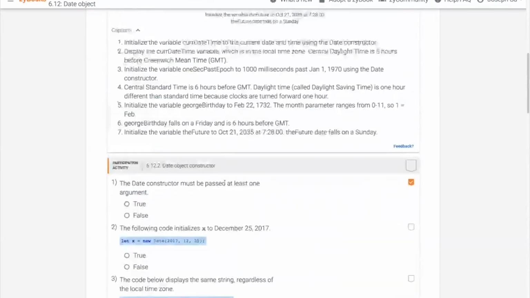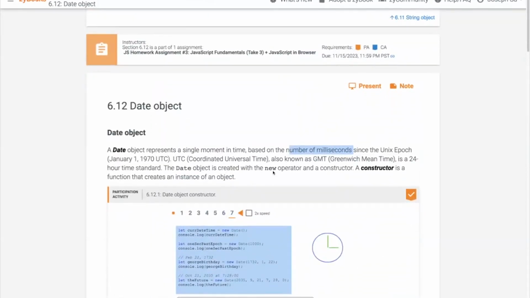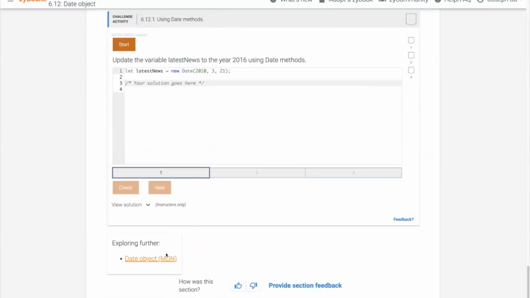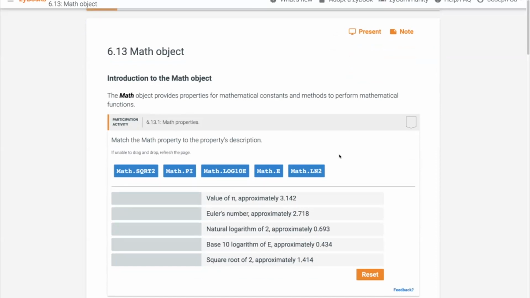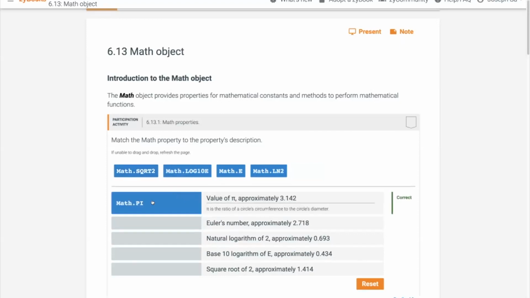Yep, so this one is very short, I think you can probably finish this in like 15-20 minutes at home. Okay, all right, any questions about the date object? There's that reading assignment right here. This math object is a library. The reason why we're introducing it is because it's pretty common. You would invoke the math object by writing out its name, the dot operator, and the name of the method. Okay, so math pi corresponds to